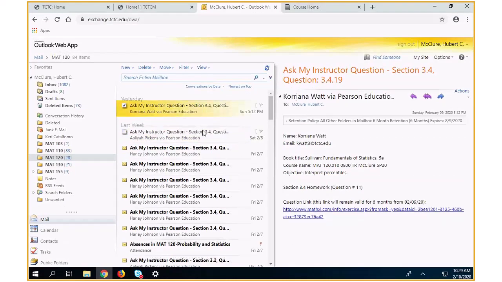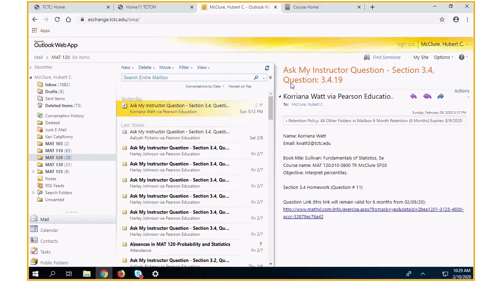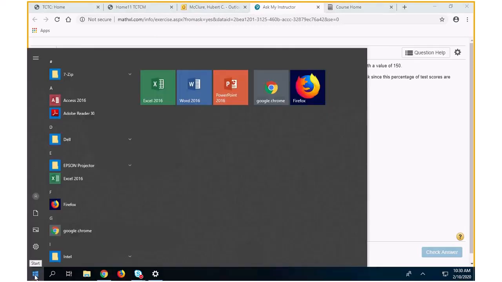All right, so this is 3.4. We look like we're going in order. 3.4, number 1911. Okay, this question says, following is an ogive of standardized test scores, vertical axis. Find and interpret the percentile rank of a test score with a value of 150. So a test score of 150, we take out our handy dandy